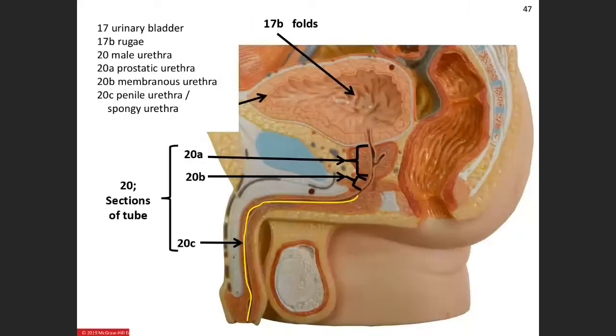So from a sagittal or mid-sagittal view, you can see here, this model should look familiar. You saw it last semester. Here's the urinary bladder. You see all the folds here, the rugae. And then at the base, or the bottom, of the urinary bladder is the opening, and that